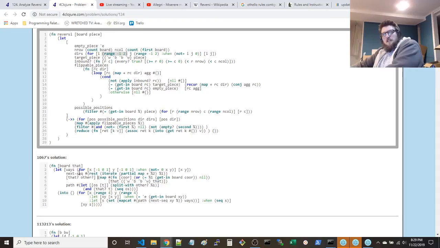Alright, so we got ways, next sequence, rest iterate, that other map, path, split with, sequence, into X, Y, when getting bored, let S be set of mapcat when